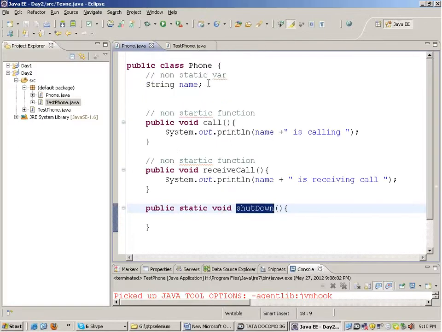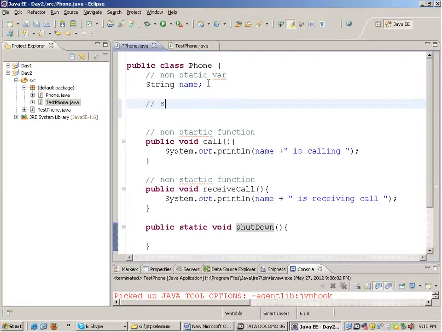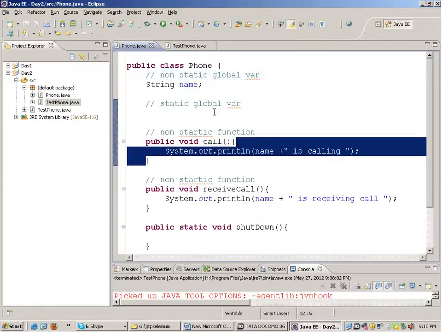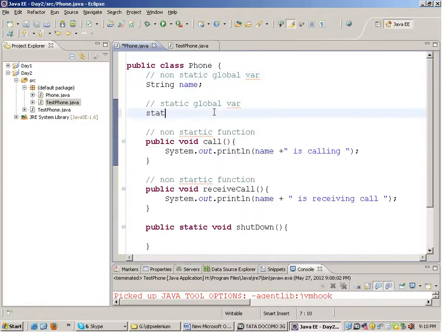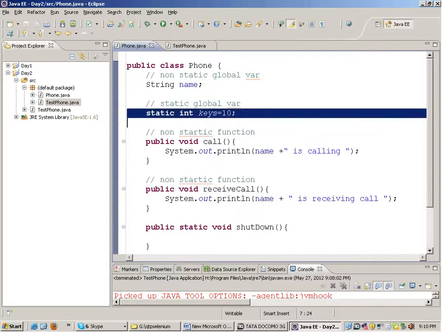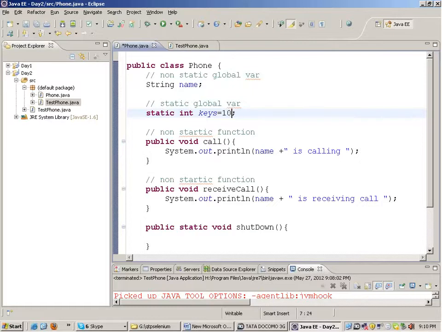Okay. So similarly, in global variables also, I can have a static global variable. These are global variables because they are not present inside any function. Okay, I can declare a static variable like static int keys equals to 10. I'm just taking a hypothetical scenario that suppose all the phones in this world are supposed to have 15 keys.